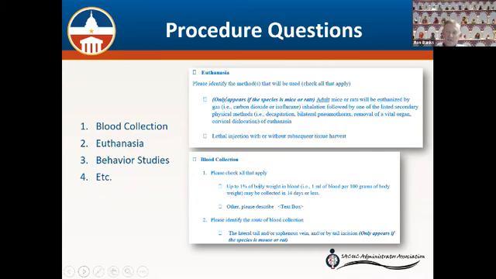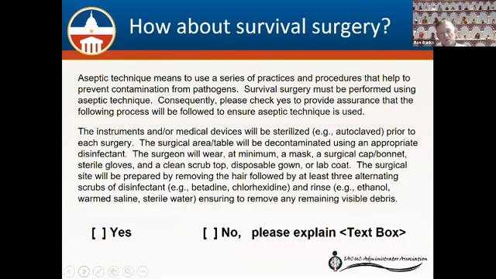Moving into the arena on survival surgery, the group that looked at this originally saw quite a few differences between institutions. Some go into quite a bit of requirement on how the instruments will be cleaned, not sterilized, but cleaned, and then follow that with the method of sterilization. If we're doing a good job with training, if our veterinary staff and our care staff are engaged with the researchers, if we have good SOPs on how we expect these things as an institution to do, then maybe indeed all we need is a short sort of compliance paragraph in the document that says, yes, I'm going to do